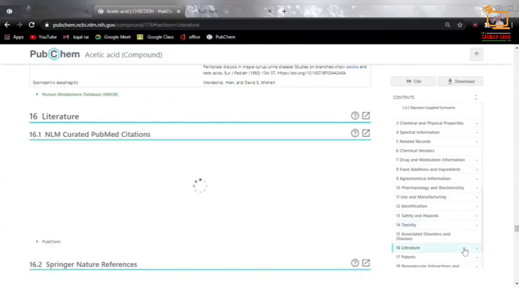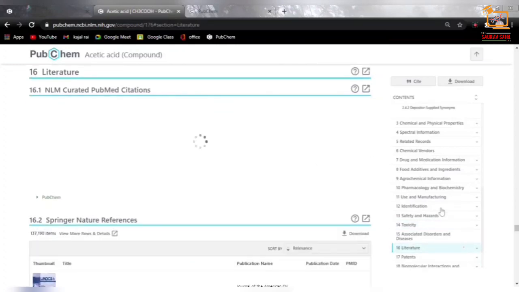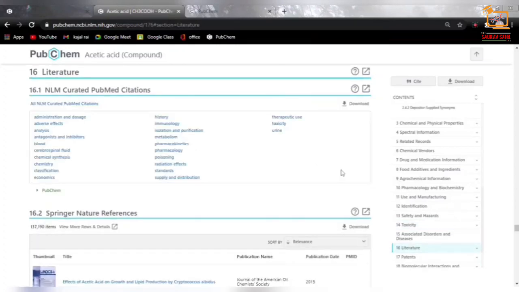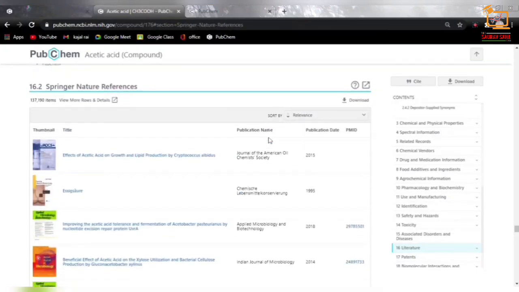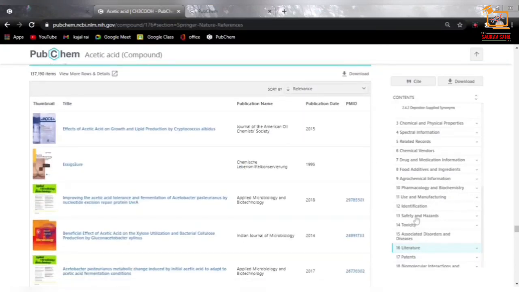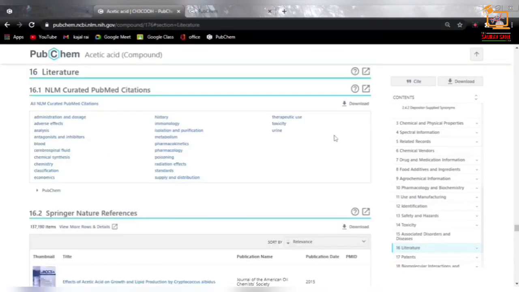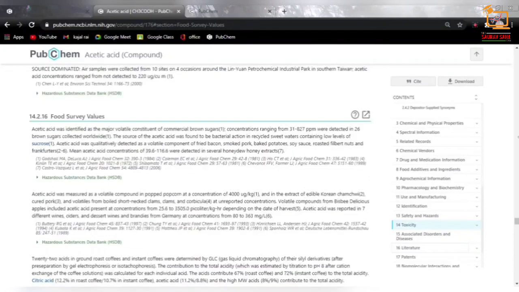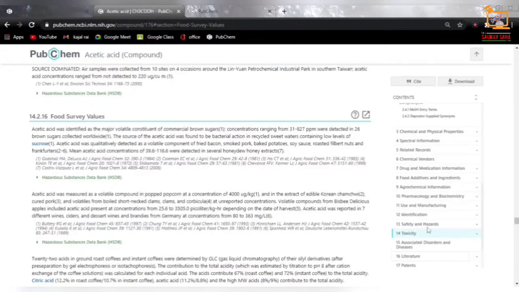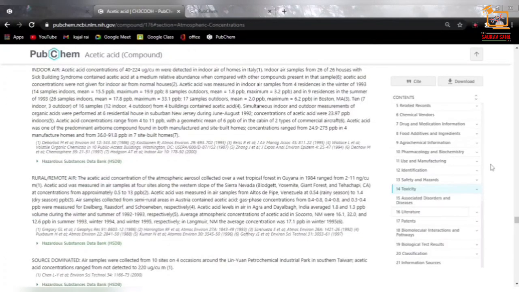Then if you want to see the literature and patents of acetic acid, you can click on the literature or patent option. Here you can find all the literature related to PubChem. You can easily go through it. This is all about this page. You can easily retrieve the information for whichever purpose you want.